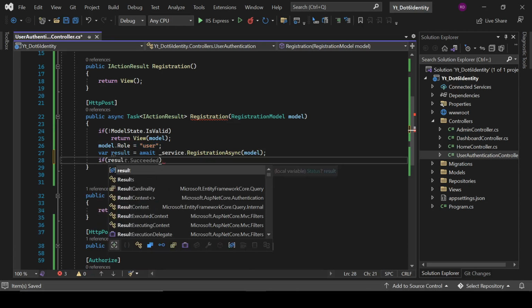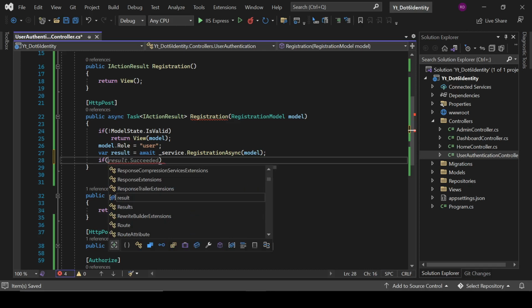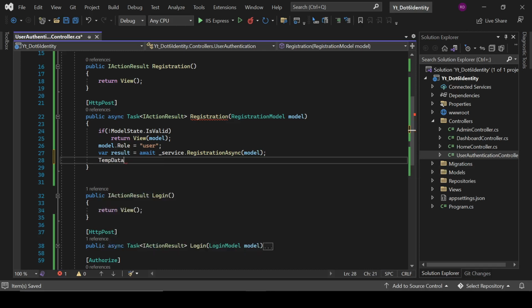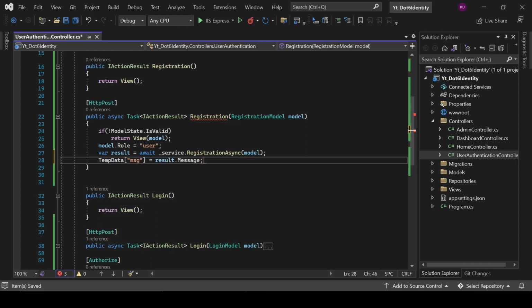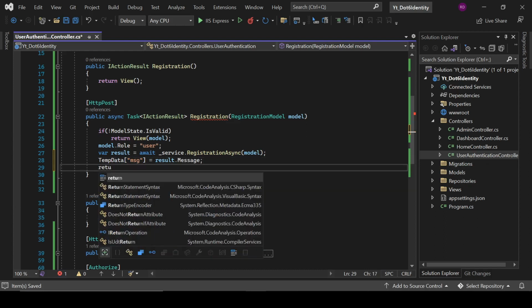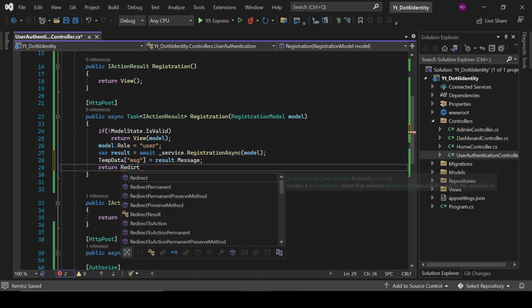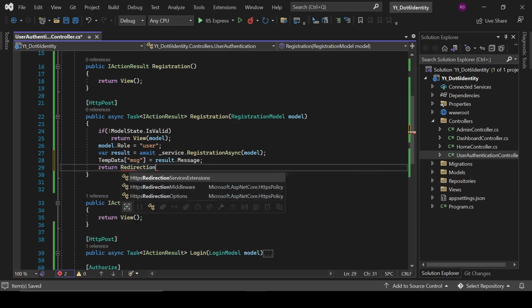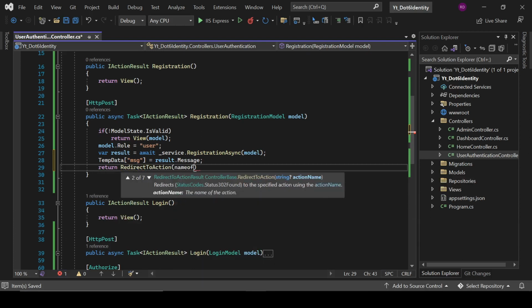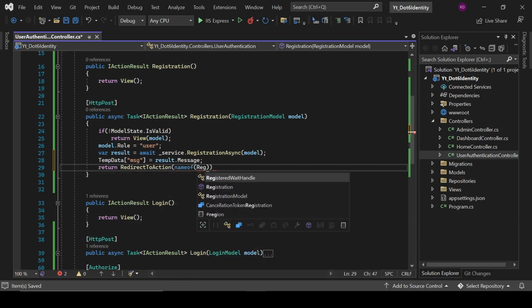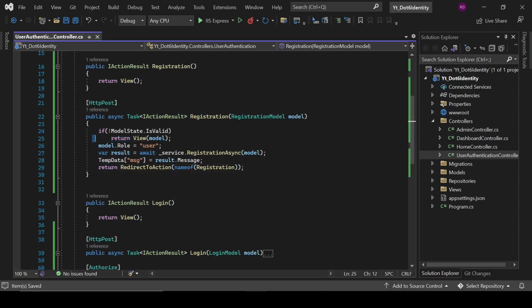If result, TempData.msg equals to result.Message, return RedirectToAction, nameof Registration. Okay,